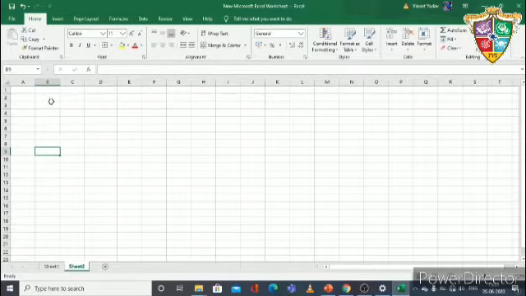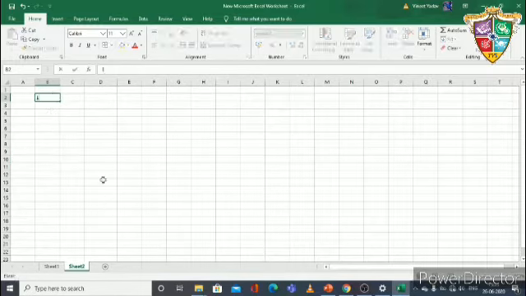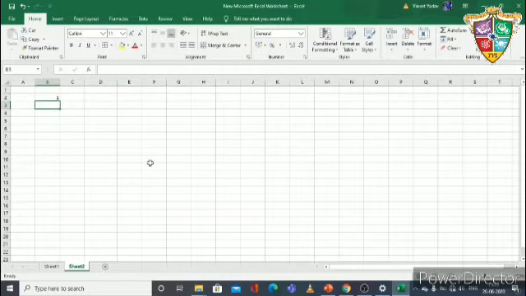Now see, first select a cell. I am selecting this cell B2 and typing 1 here, and after that I put the series 1 to 40. Then in the next cell, type 2.